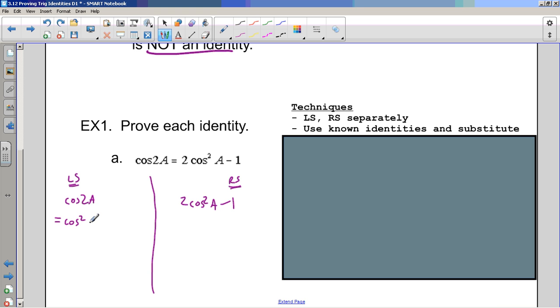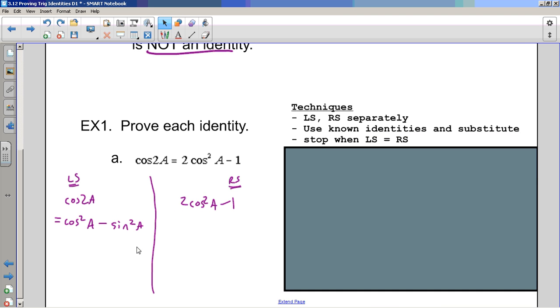Right? I'm going to write cos squared a minus sine squared a. This is a version of the cos minus sine, right? And already, because I'm looking back and forth, I know to stop when the left side and the right side are equal. Already it looks better, because I've got cos squared a and I've got a cos squared a there, and there's other stuff going on that I'm not sure of. I've got to keep going. So how do I know what to do, how to continue? Well, here's some other